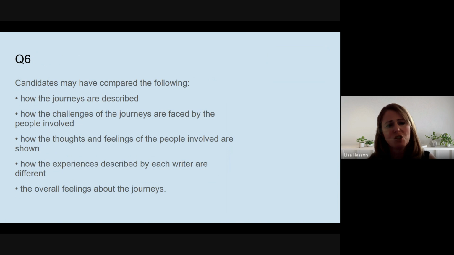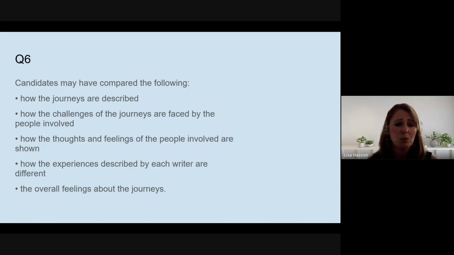How the challenges of the journey are faced by people involved, so what they do to overcome the journey and the challenges, how the thoughts and feelings of the people involved are shown, maybe through the use of dialogue, for example. That's a similarity we explored or talked about in question 5. Remember, you can reuse that information. How the experiences described by each writer are different. So you could